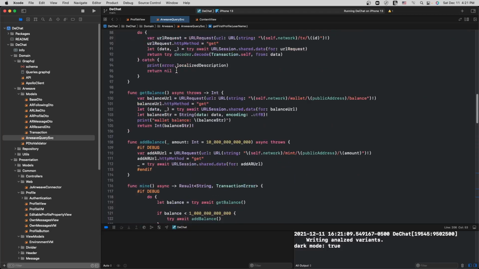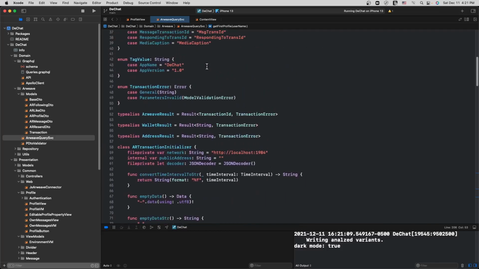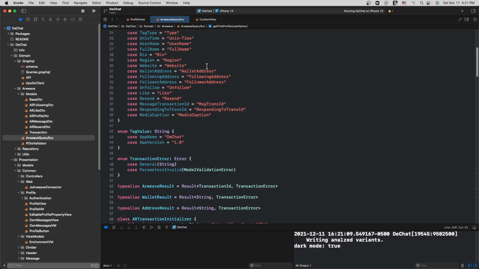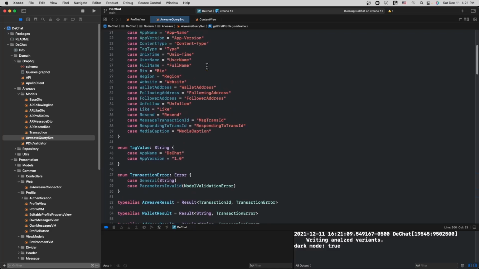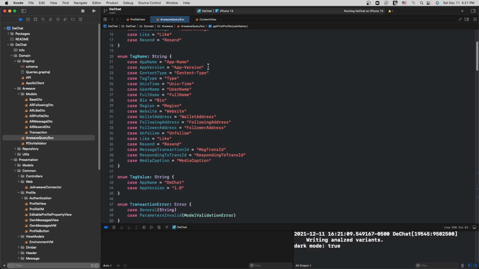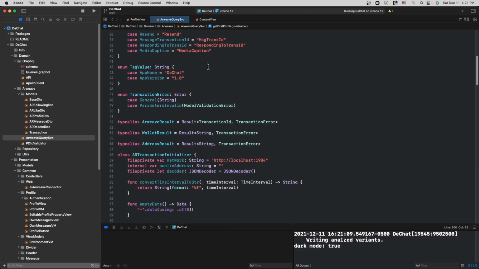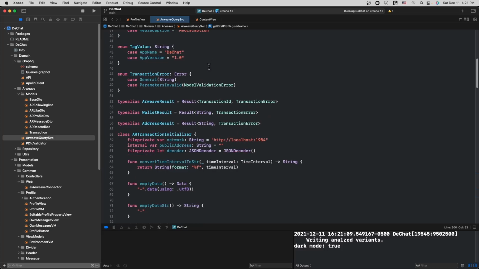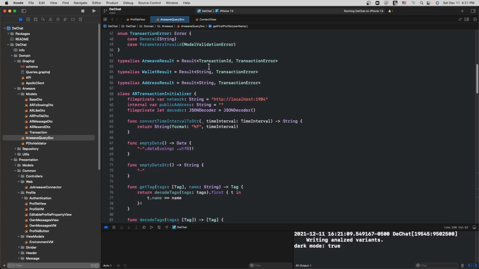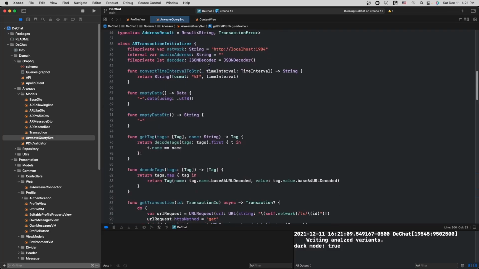Actually, let's go over the implementation of this Arweave querying service. Now, like I said, this entire application will be open source. So I'm going to make all of the code available later, but right now it's not in a finished state, so I'm deliberately avoiding doing that. But basically what I have here is two main structures.